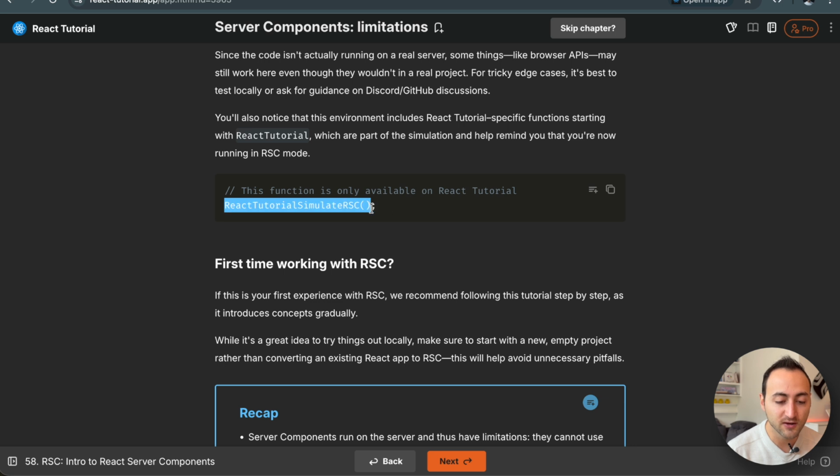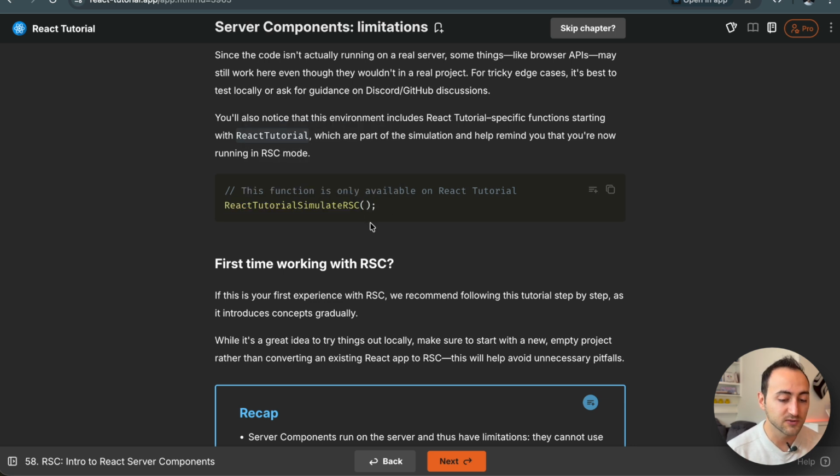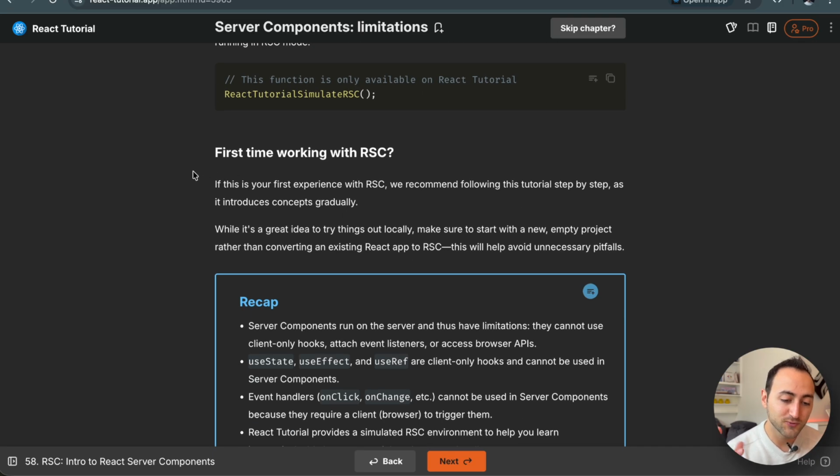So once we see React tutorial simulate RSC, it means we are running in RSC mode. And now, is it your first time working with RSC? In that case, we recommend you follow this tutorial step by step, as it introduces concepts gradually. It's really good to follow locally, but you might want to think like, hey, let me take, for example,